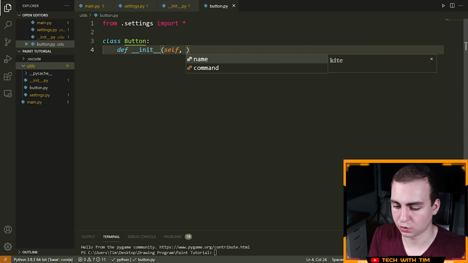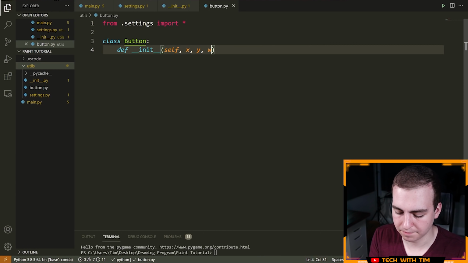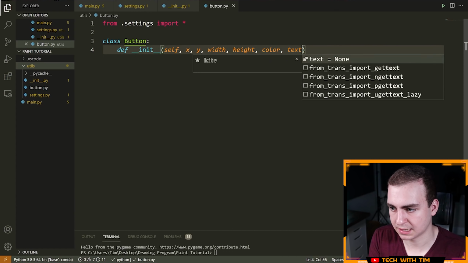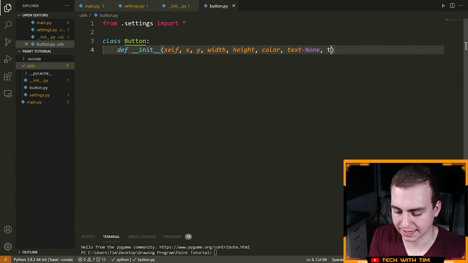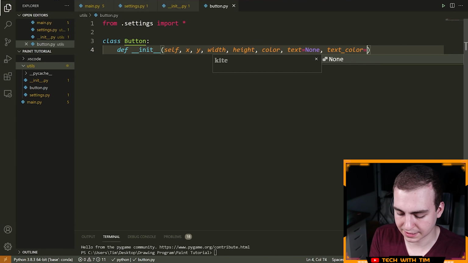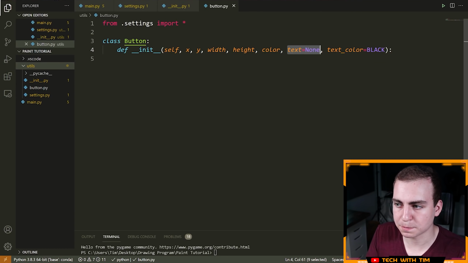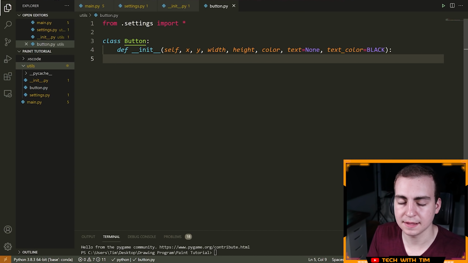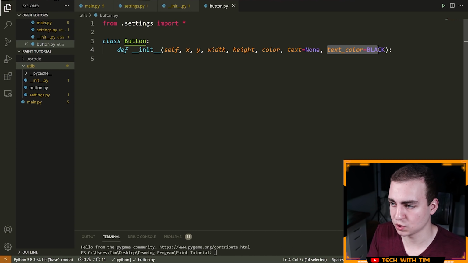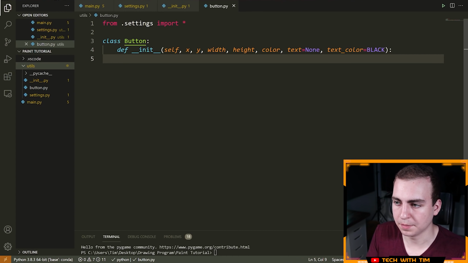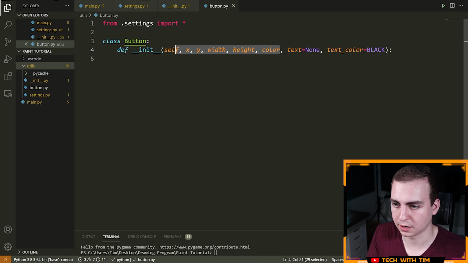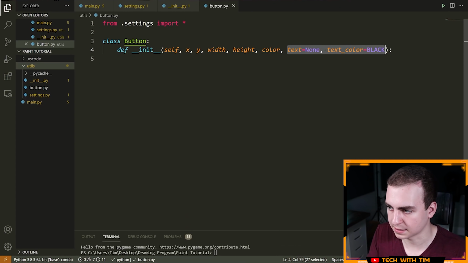There's quite a few things that we want to take here, but we want an x, a y, a width, a height, a color, some text. Optionally, we don't have to have text. And then optionally, again, some text color that will default equal to black. All right, so if the user passes some text, that tells us that this button has text on it. And then, of course, we'll look for the text color as well. But by default, we're going to assume the button that we have is not a textual button. It just has some color on it. And so in that case, we only care about these five things. But of course, we can pass some text as well.